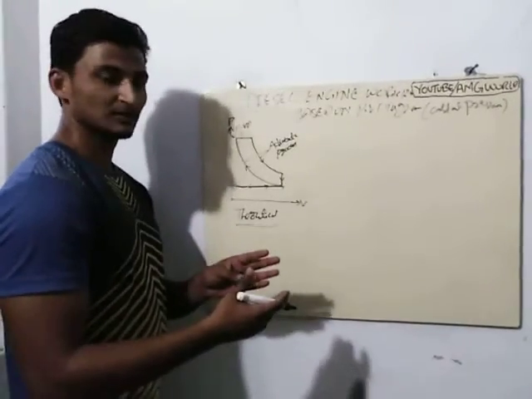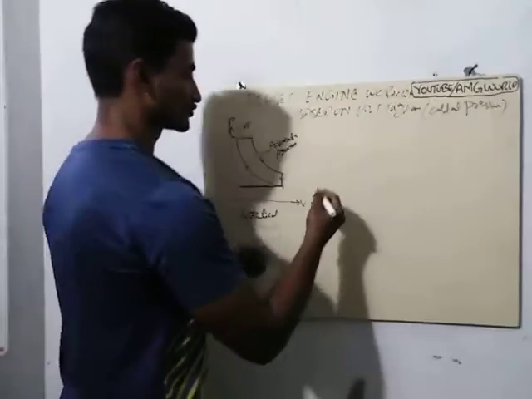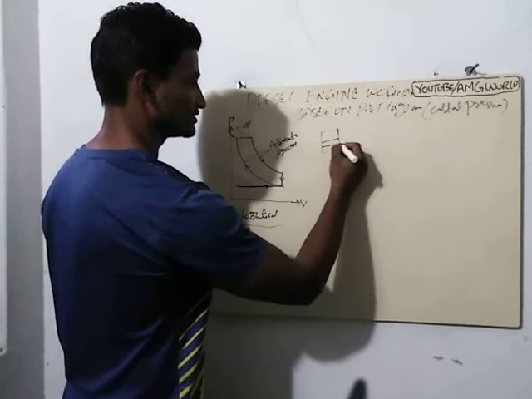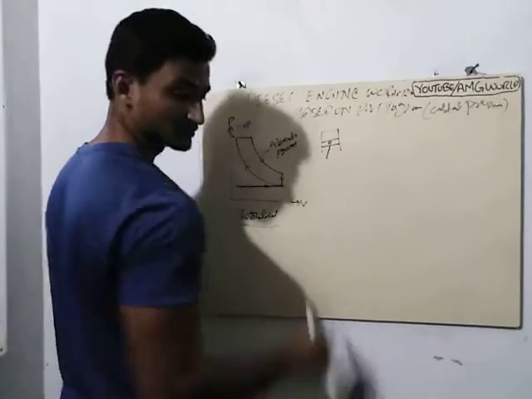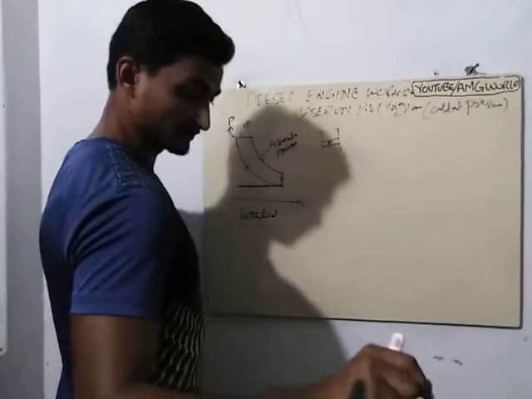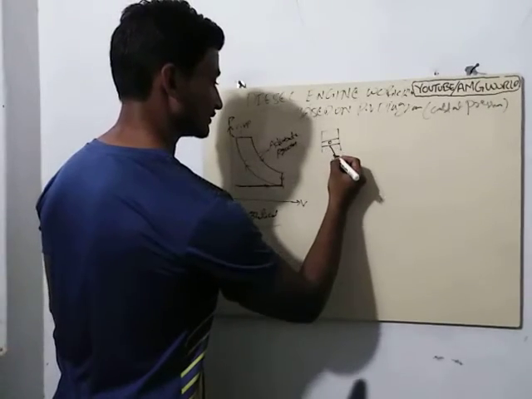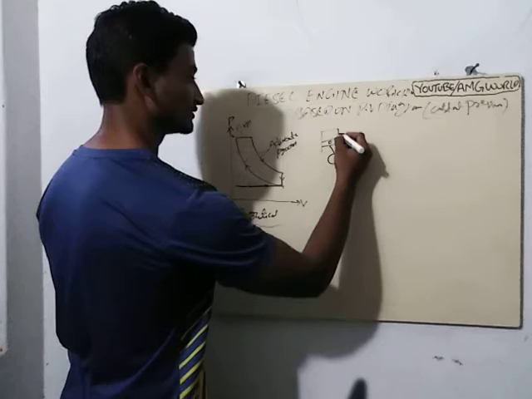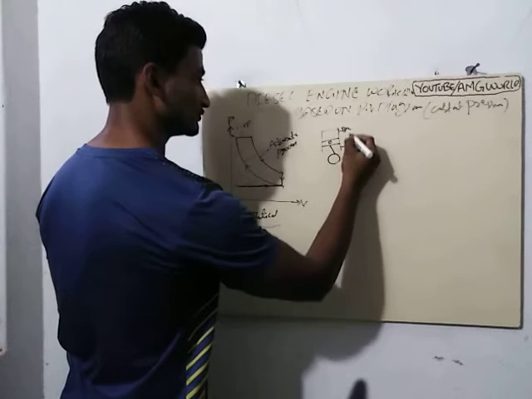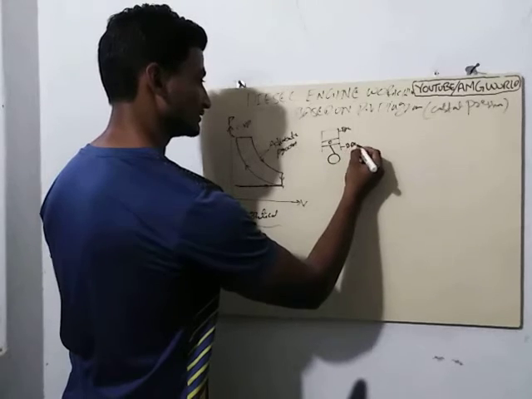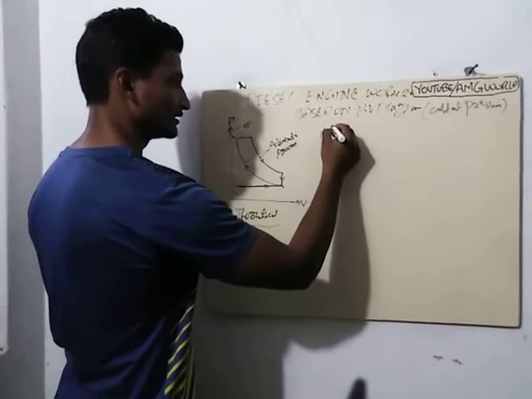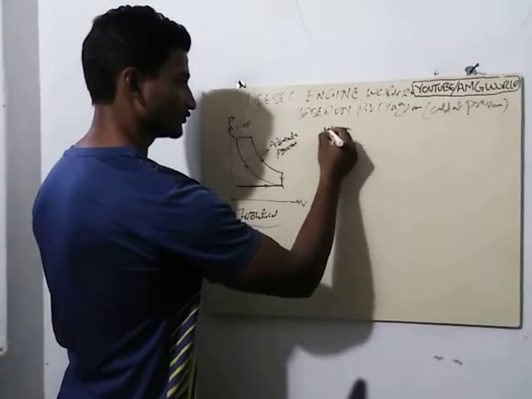For explaining, I have to draw the diagram of the strokes which occur in the engine during its process. So here comes this one. This is the crankshaft, TDC to BDC. So the piston is traveling from TDC to BDC, and we have the inlet valve open, the exhaust valve closed, and the fuel valve.